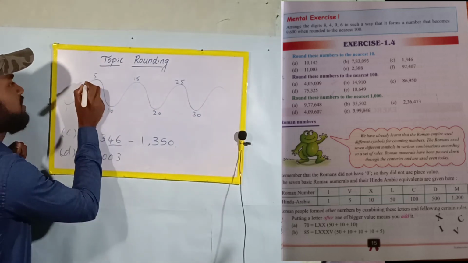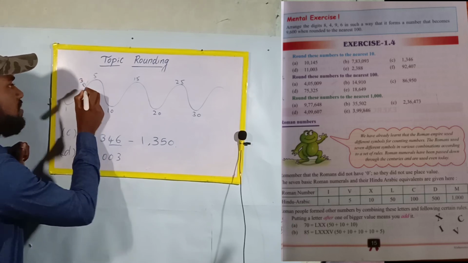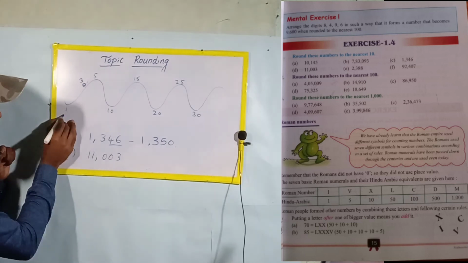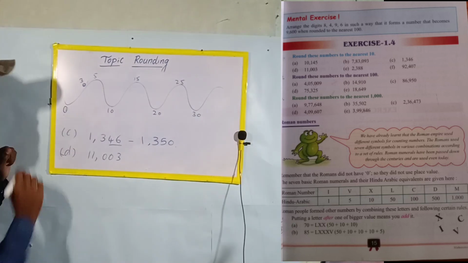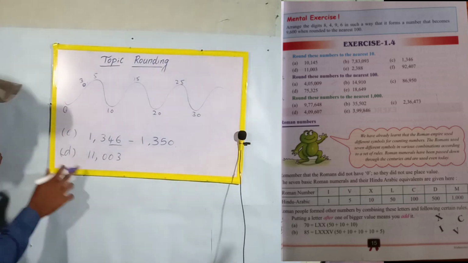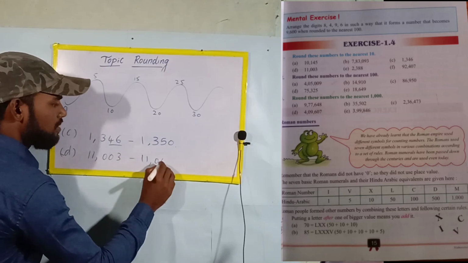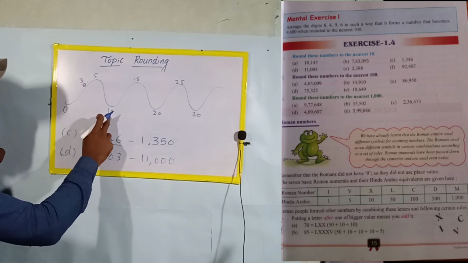Okay, simple, 3 is given. See, 3 is given. This is a ball. Okay, this ball moves towards here. Towards here means what is here? 0. Okay, towards here. Now what is the rounding off number here? 11,000 is the rounding off number. So 0 to 5, 5 to 10, 10 to 15.